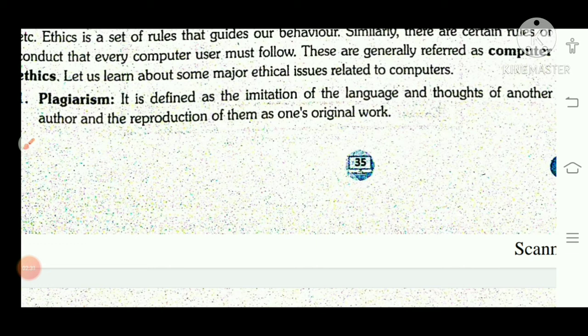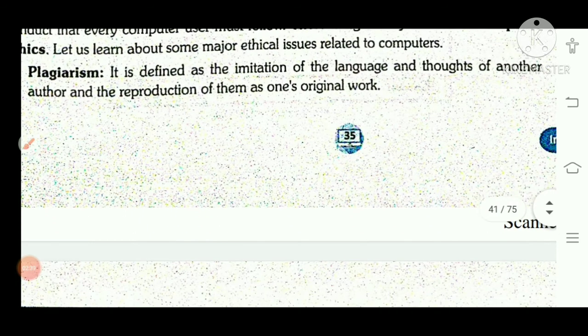It means displaying someone else's ideas or thoughts, or using someone else's idea or thought, without the knowledge or permission of that user. So this term is plagiarism. If that person registers any case against you, it will be under the IT Act 2000. And if you are using his information without his knowledge, for example, you want to create your own website,